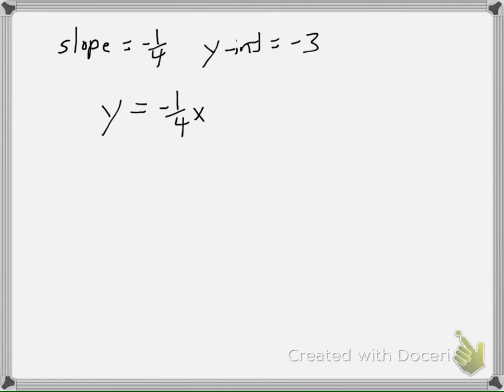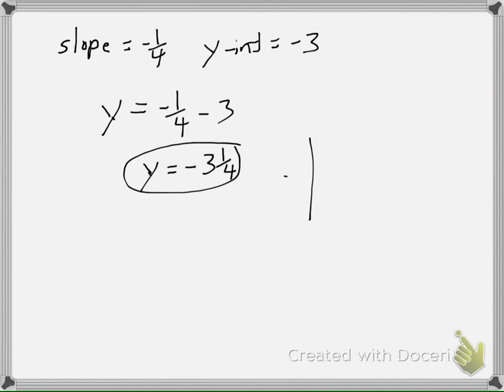Don't forget that x. A lot of times people will write their equation and write 1/4 minus 3 and forget that x. That's completely wrong. It's not even remotely close to correct. If I put y equals 1/4 minus 3, then I'm getting y equals negative 3 and 1/4. And this, if you look on a graph, would be the line